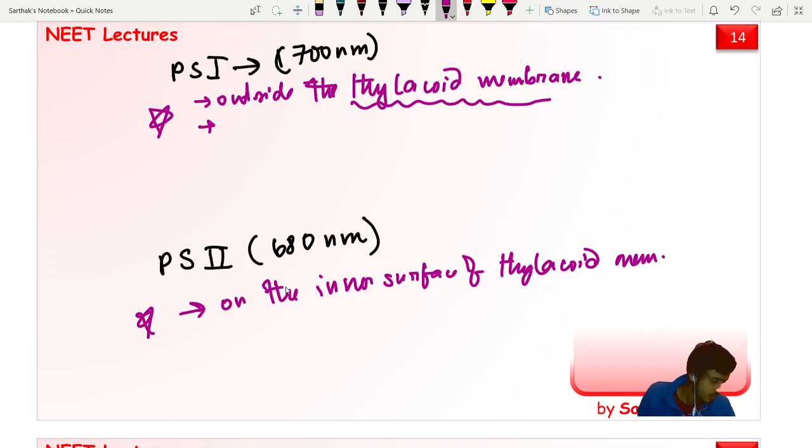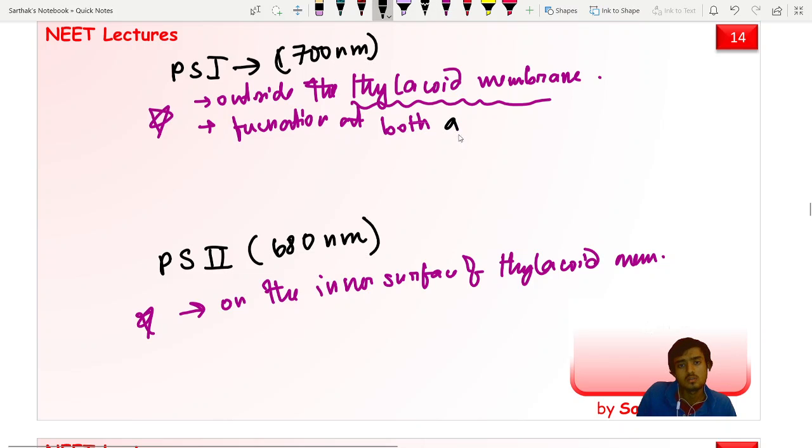Okay, and the second point here is that photosystem 1 is functional at both grana and stroma lamellae,